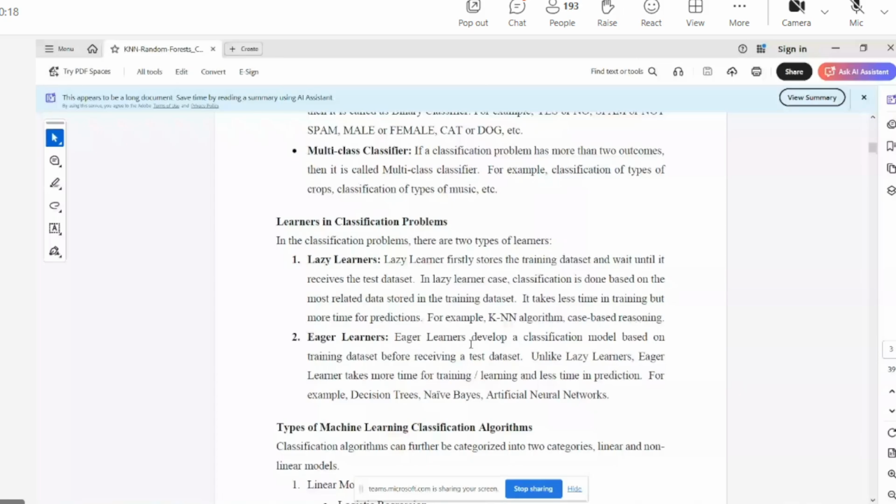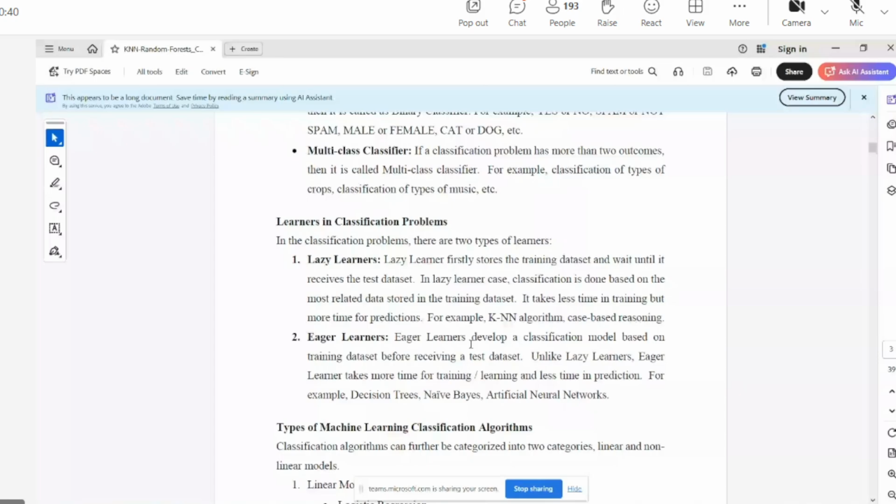Usually, we may take a 70-30 or 80-20 split. With more training data, the machine will learn more experience. The learning is proportionate to the amount of training data you are giving.